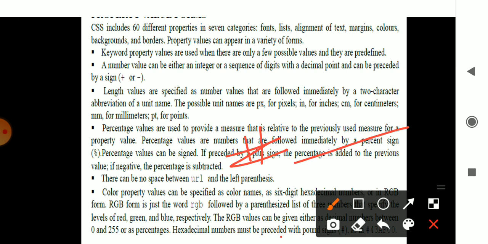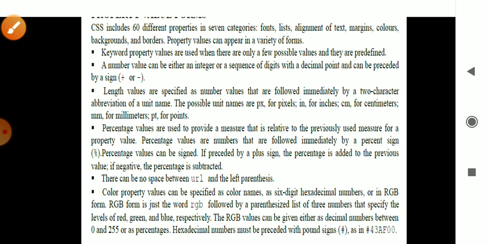Whenever you want to specify, you may use the hexadecimal digits with a hash symbol, which will provide you the color property in the web program. It is a combination of RGB, nothing but red, green and blue, which makes a color. That is considered in the concept of coloring property in web programming. You can increase and decrease the percentages here also, and it may range from 0 to 255. So this is the property.